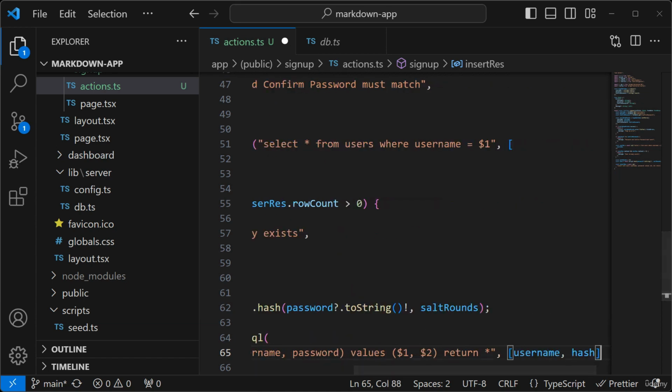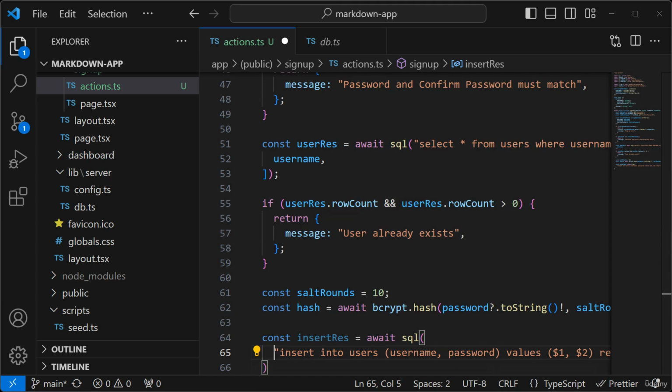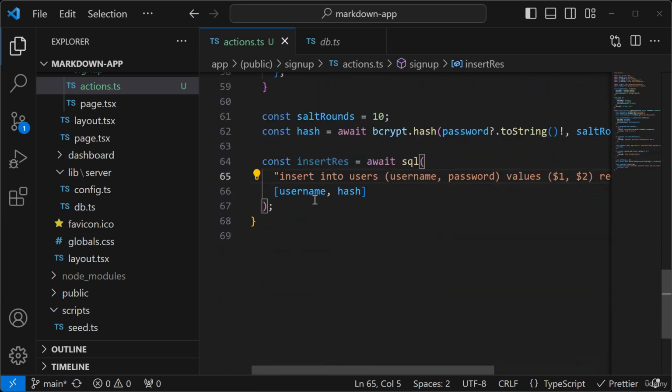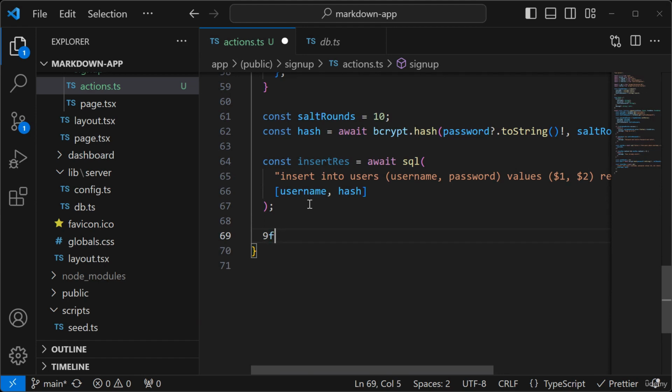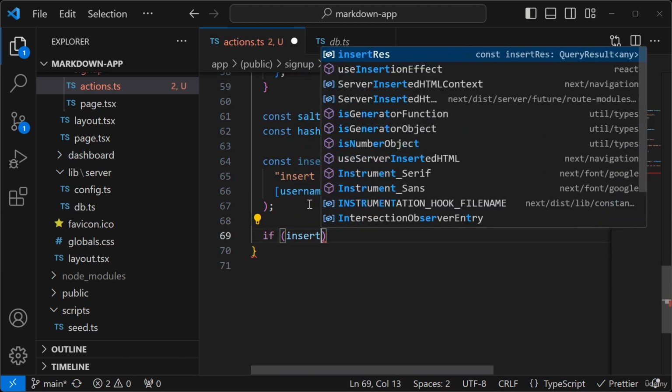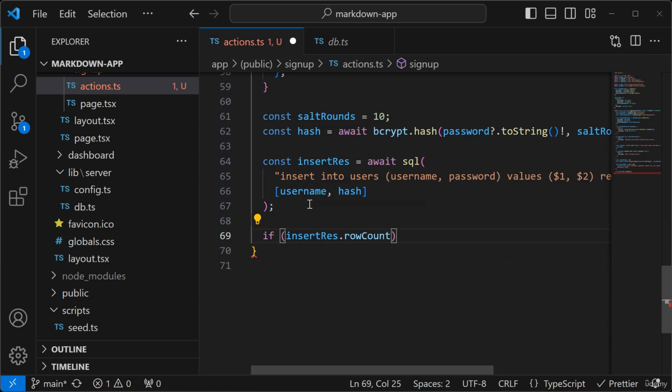Okay. Save. Now, if the row count is equal to 1, then